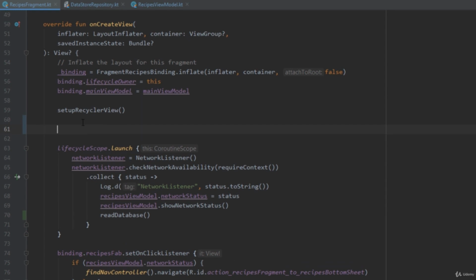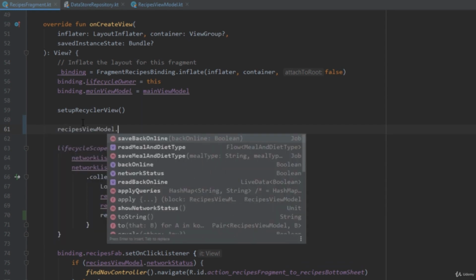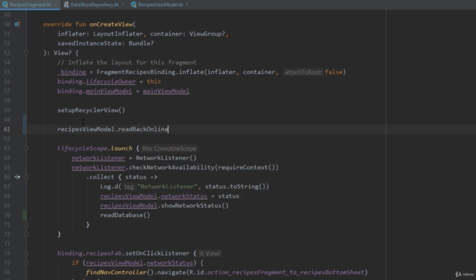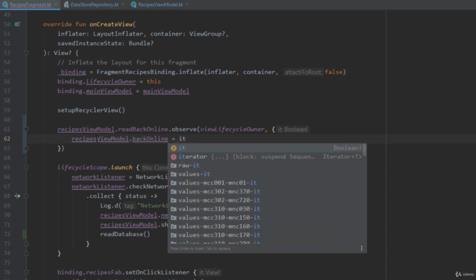And on the top here, I'm going to call a recipes view model, and I'm going to observe this value read back online. So observe here, pass view lifecycle owner. Okay. And basically inside this observer, I want to get the latest value from our data store, and I want to set that value to our back online variable inside our recipes view model. So let's call recipes view model dot back online, and I'm going to set its value to the latest value